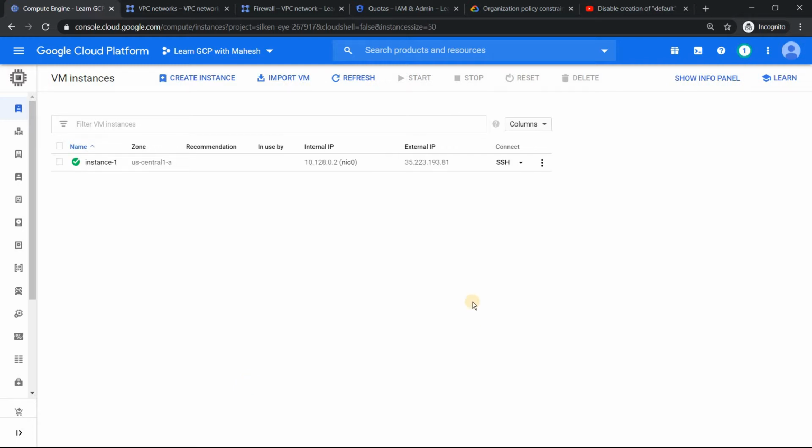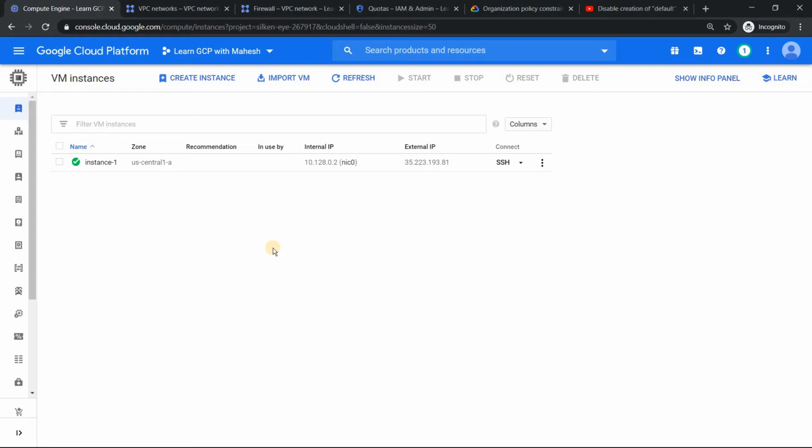So the virtual machine instance is created in our default zone, and the region would be US Central if you don't do any changes. That's the thing. It has been created. Now, have you ever thought how this virtual machine gets created, to which network, all those things? That is an important thought. If you understand that, you will understand why you should not use default VPC in production.